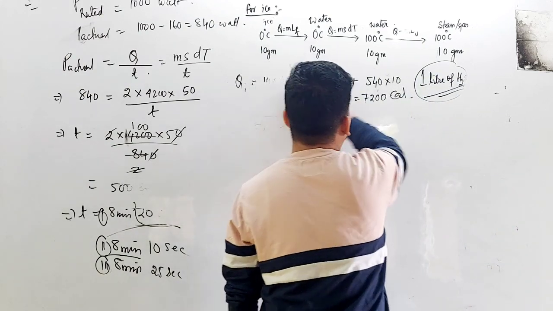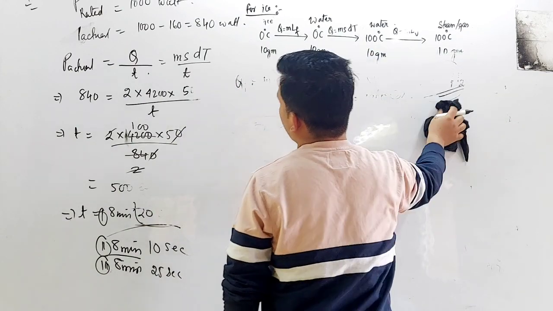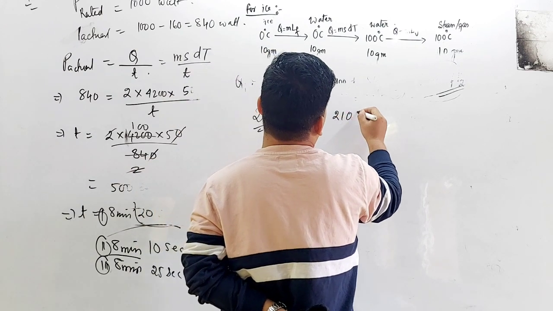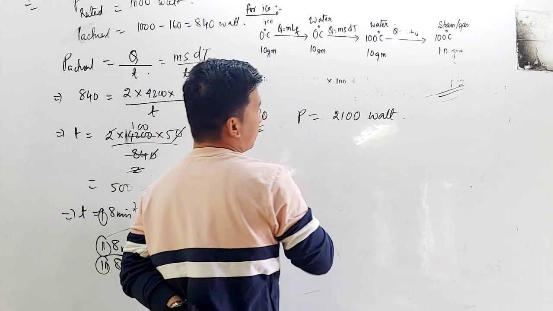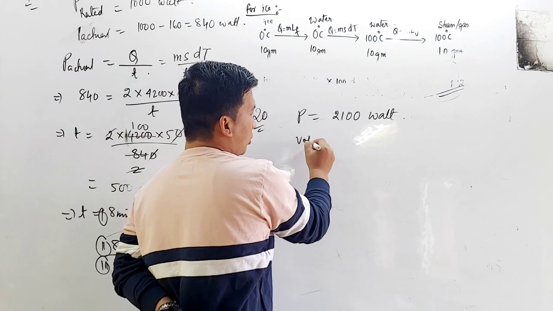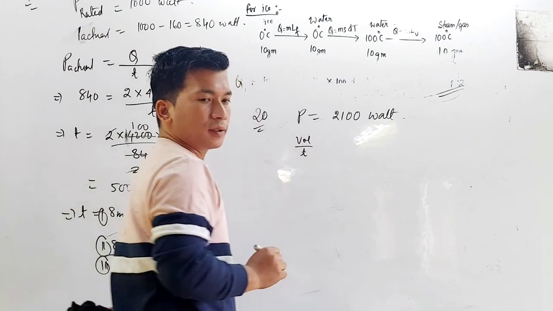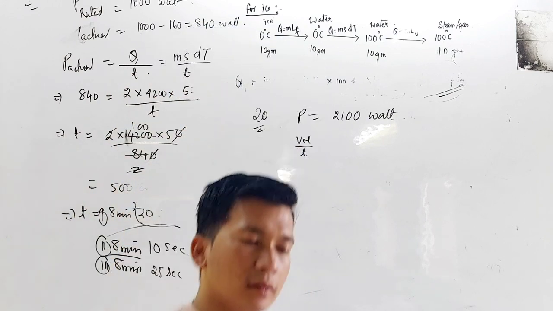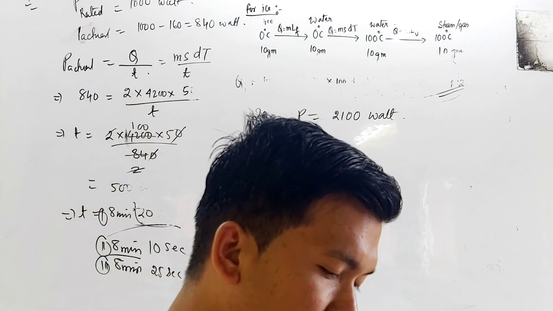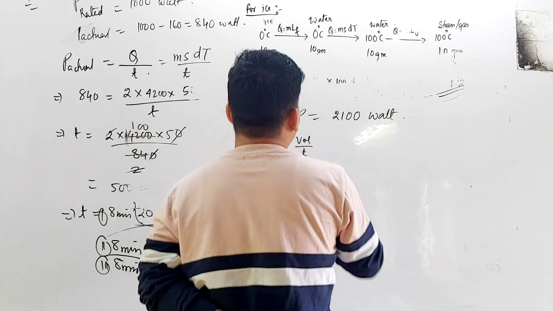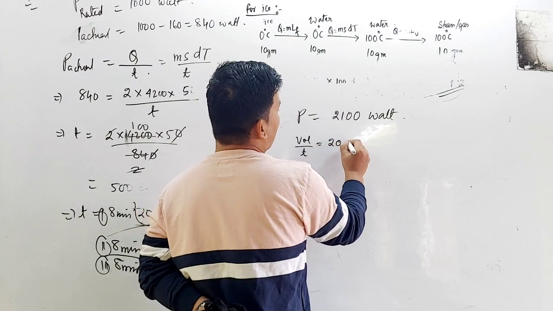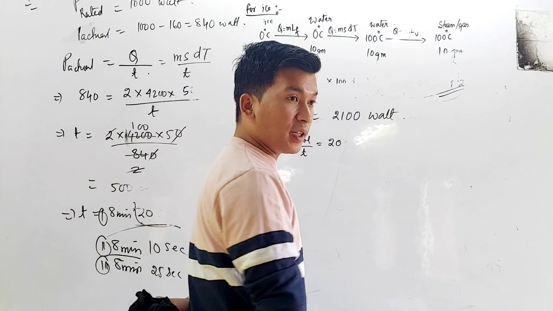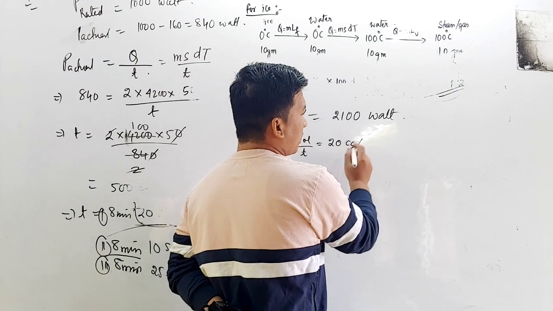The next question is, what is the rated power? In question number 20 we have the power is given as 21001, and what is the volume? P is volume divided by time. What is the amount of the water that comes out? The volume of the water that comes out is 20 gram per second, this is 20 liter, 20 cc, cubic centimeter per